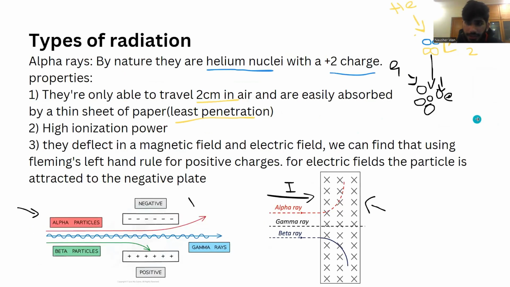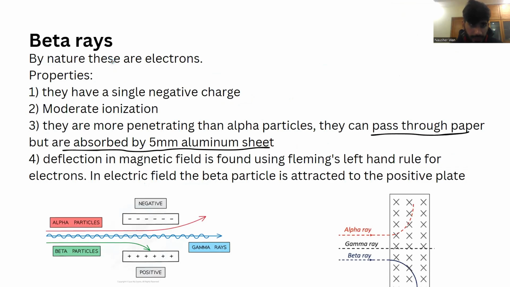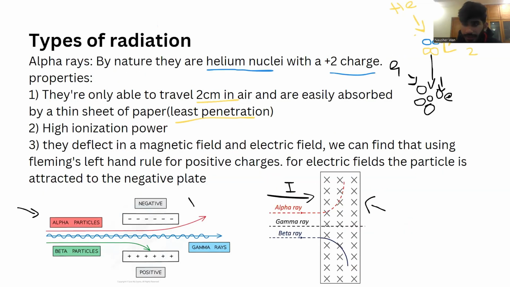Now, there are actually three types of radiation that you have. Number one is your alpha rays, you have beta rays, and you have gamma rays. We need to know the properties and the nature of all three of these radiations. Firstly, for alpha rays, by nature, they are helium nuclei. We're referring to just the nucleus of helium, and it